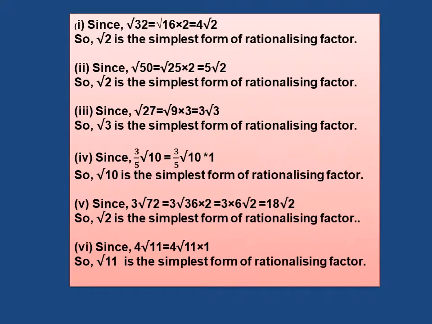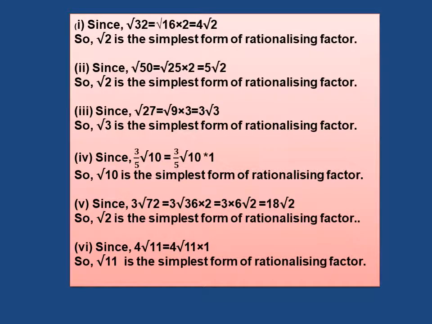Now, rationalization we have already seen. Again, some sums for practice to find the rationalizing factor. Here they have given root 32. What is the order here? 2. It means we want to find one square term and the remaining non-square term in the product form of 32. Then 32 comes in the table of 16: 16 twos are 32, because 16 is a perfect square. 16 twos are 32, we consider. The square root of 16 is 4.